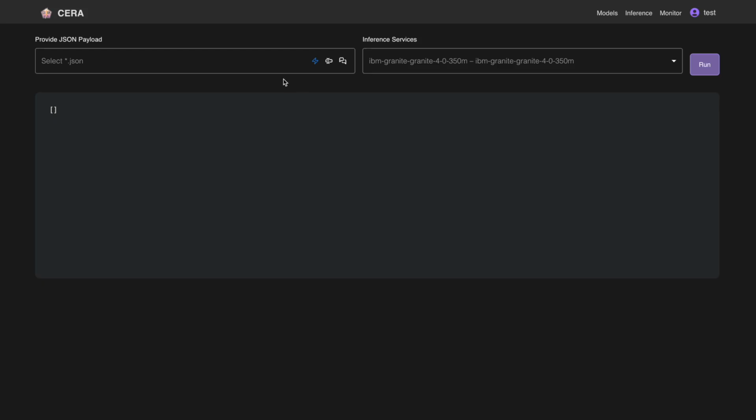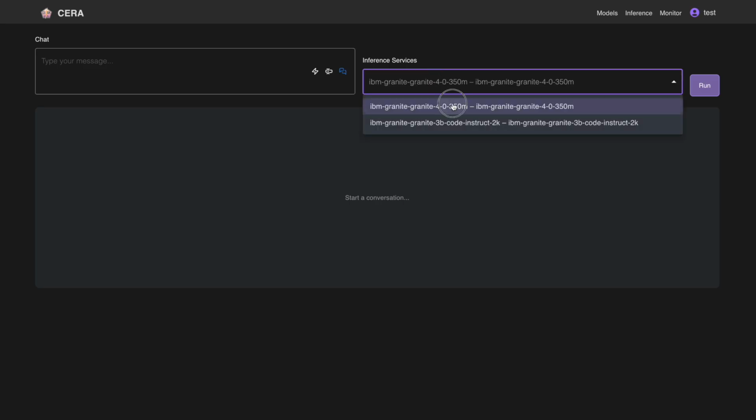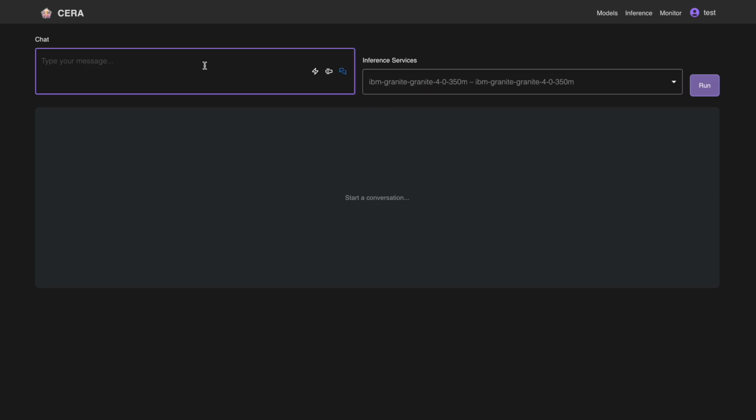Now, as part of the payload of talking to a model, specifically a VLLM or an inference engine that's a machine learning framework, you have 3 options. You could talk to an inference that's a machine learning framework where you could upload a file with the payload. We also have prompt, which is VLLM completions, as well as chat. So in the case of IBM Granite, we could ask it various different questions, simple ones and complicated ones, specifically potentially maybe pertaining to cybersecurity as an example. I could ask it,